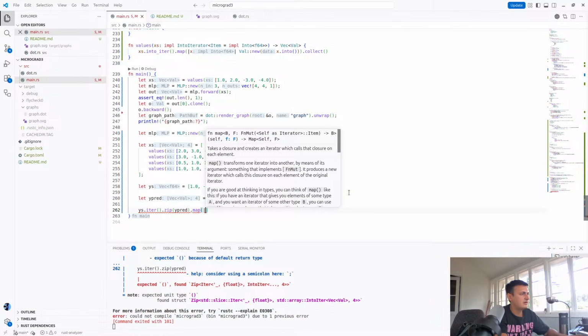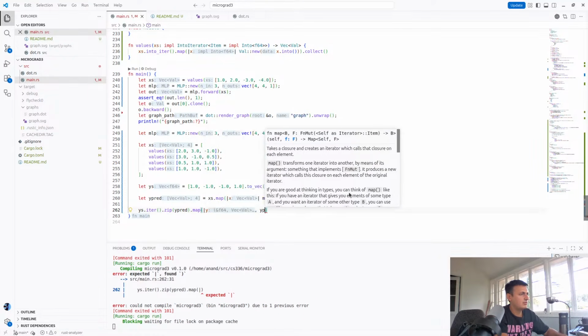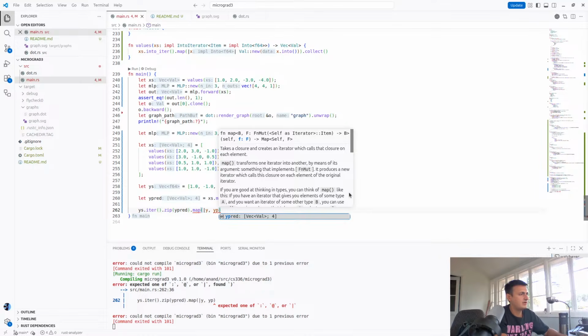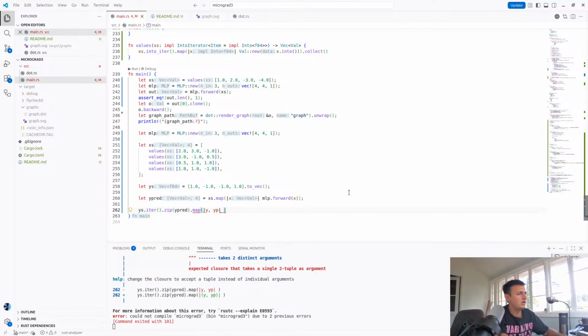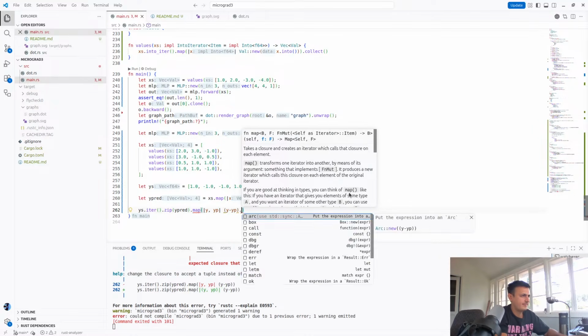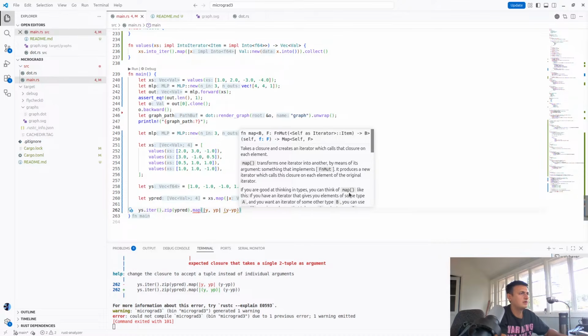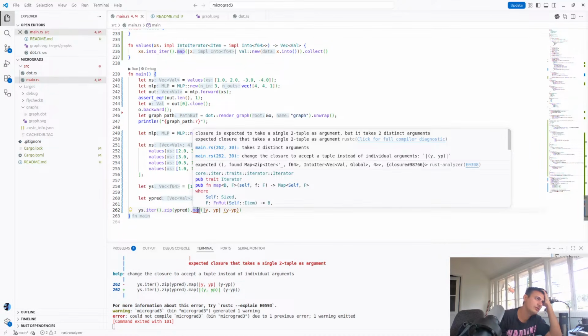ypred.map, ypred. Okay. And it's going to be, I know how to do this, I think. Y minus y. Oh, I think I can just do this. So, oh, we probably need to implement the power rule. We need to add